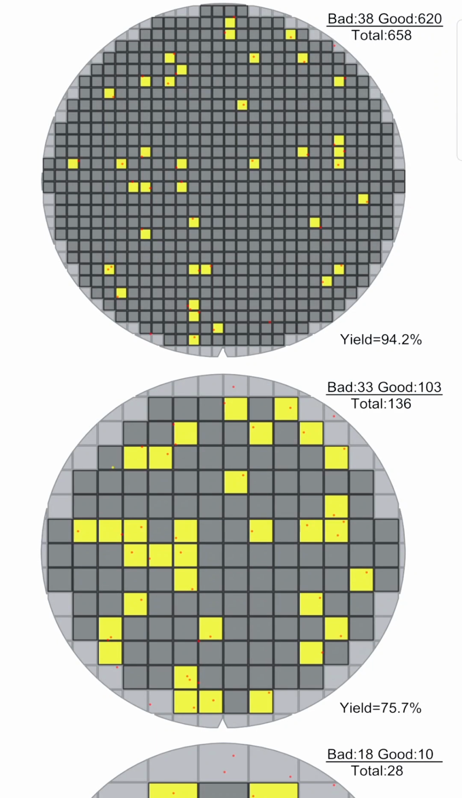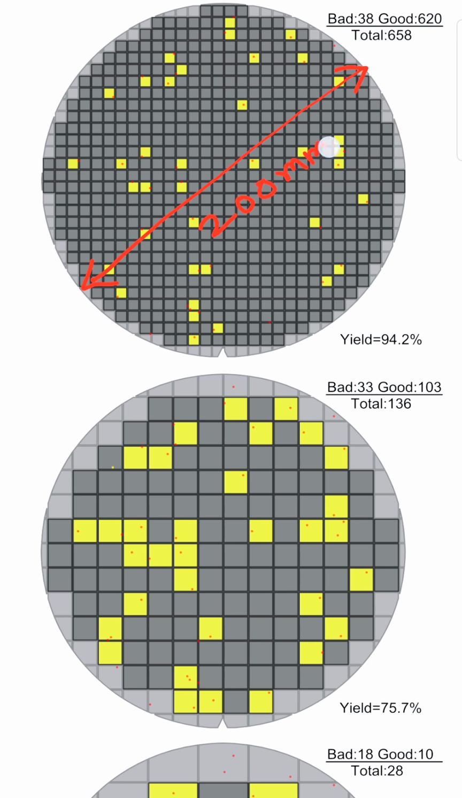So in this module we will understand what is a yield in IC fabrication. When the silicon integrated circuit is fabricated on the wafer, we will see what is a yield. As you can see in this picture, you have this wafer with, let's say, a diameter of about